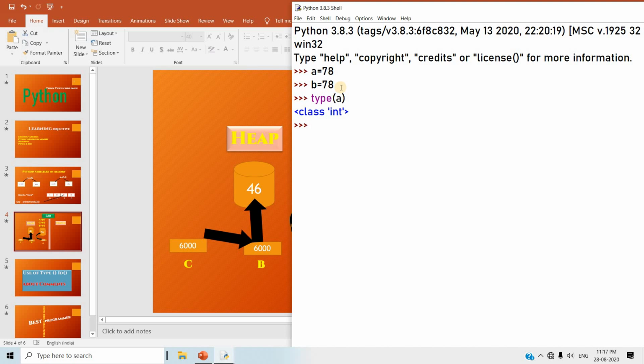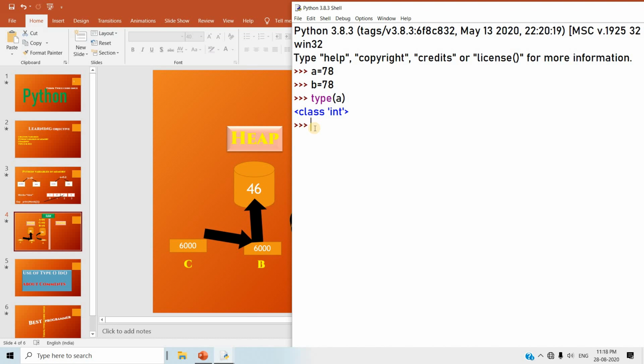If you take the example of C++ and other programming languages, you have to declare the variable, and during declaration you need to define the data type as well. But Python is intelligent enough to automatically determine the data type of the value you have taken.